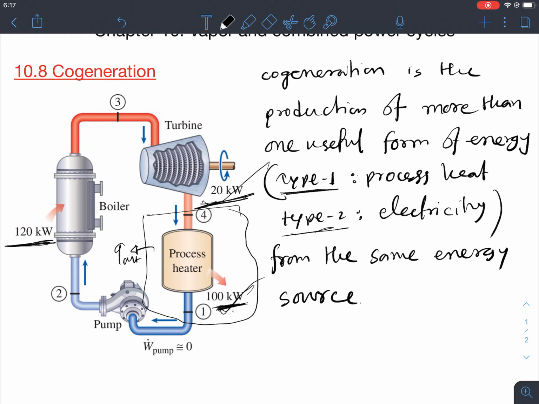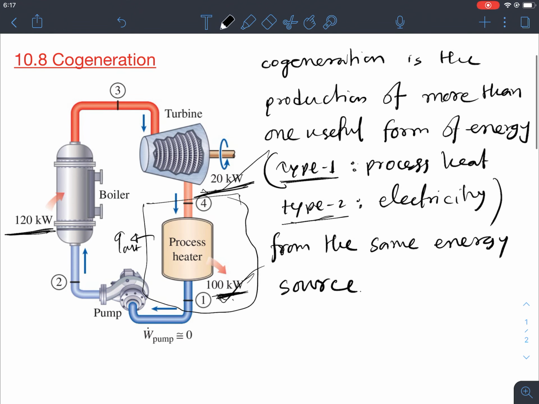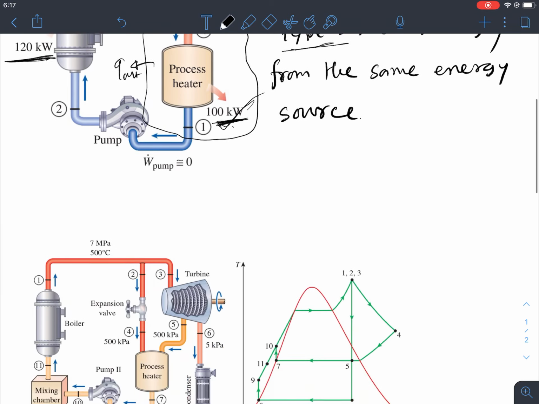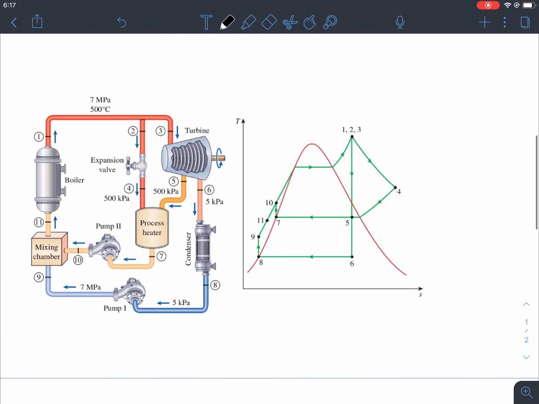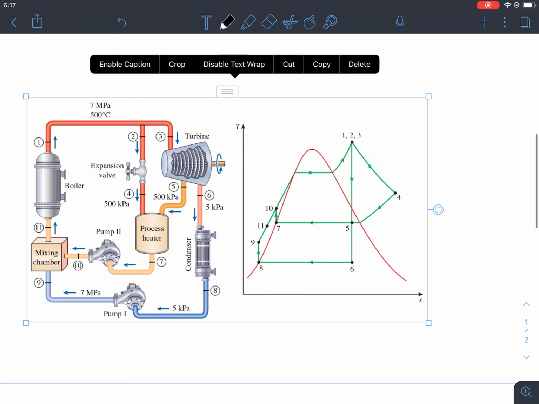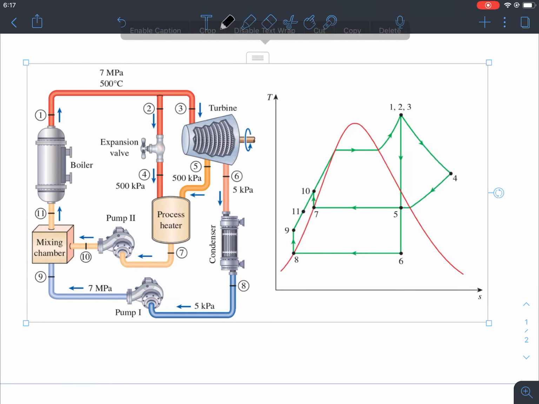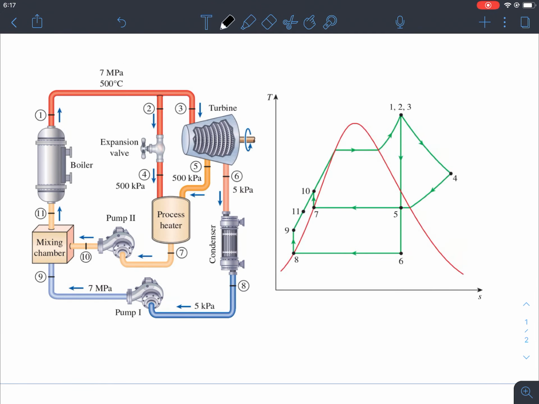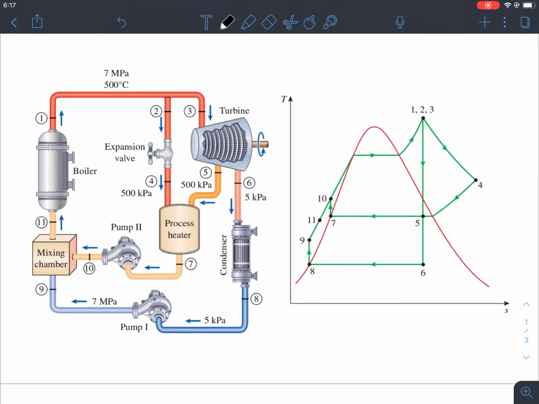In an actual power plant, or real application, they use a modified cogeneration system. So let's take a look at how that modification looks. This is a modified cogeneration power plant. If we look at this diagram, we'll see. Let's start